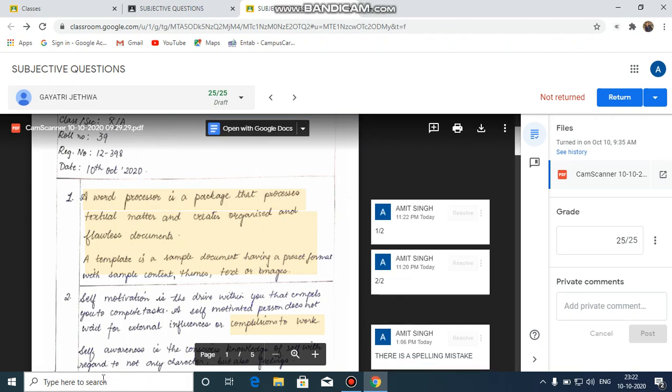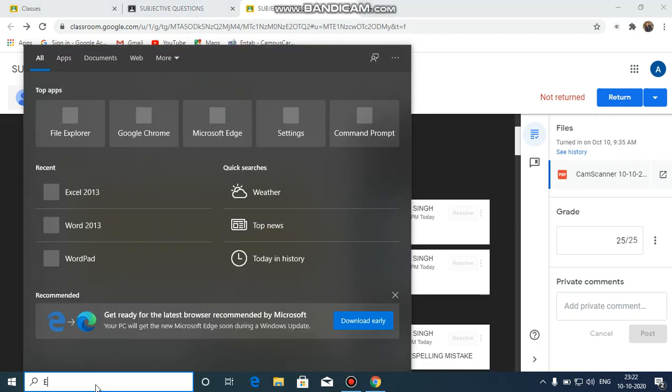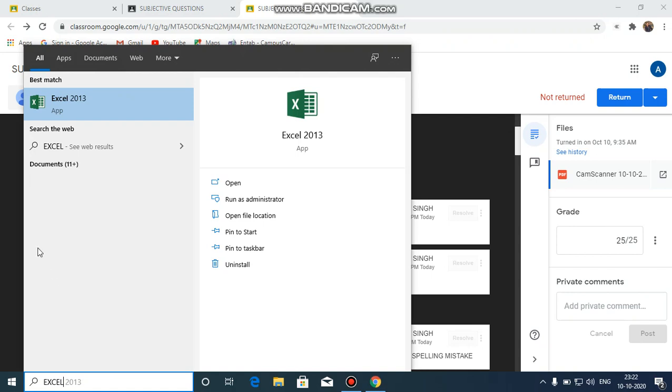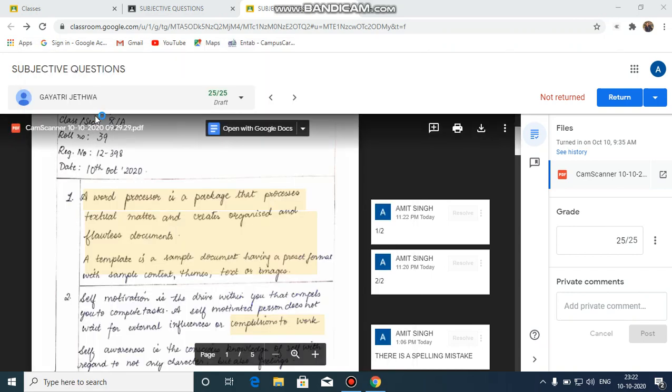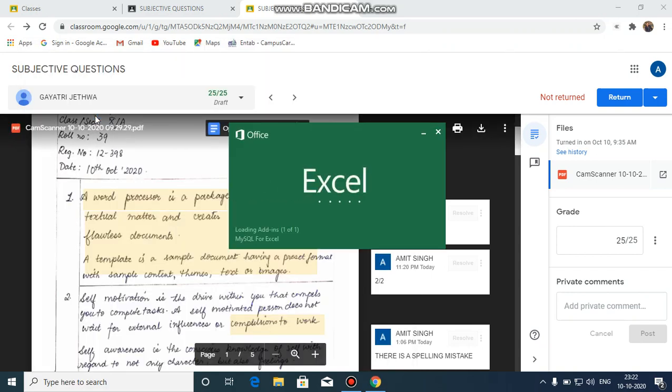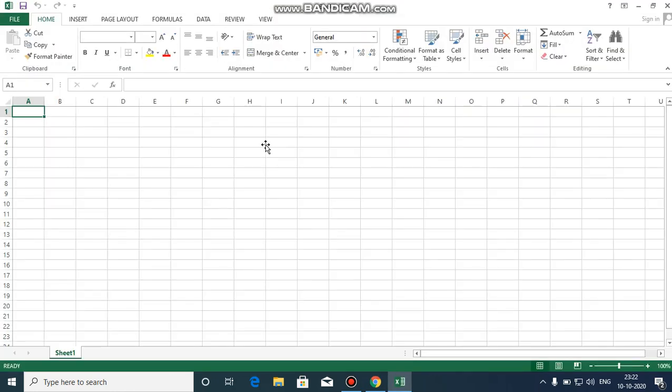Now, the next task is to create an Excel sheet for maintaining the record. Just search for an Excel sheet, make columns such as registration number, roll number, name, and provide the question numbers, whatever number of questions we have given.